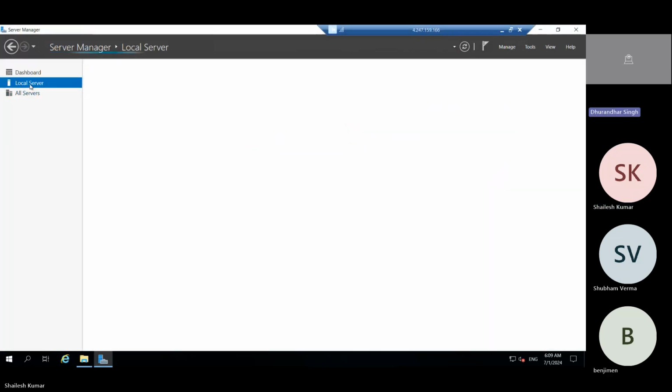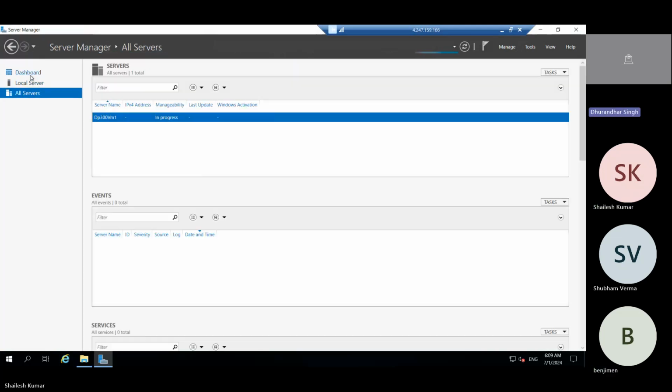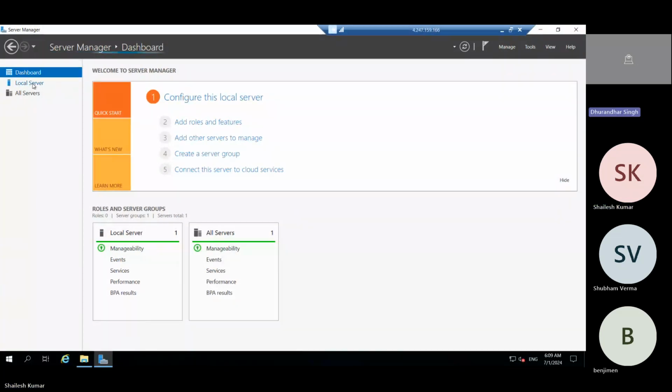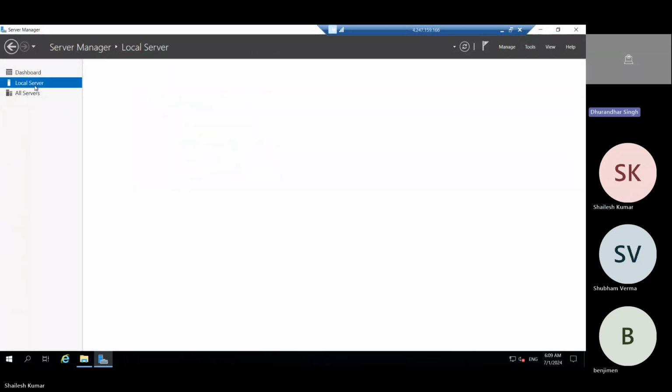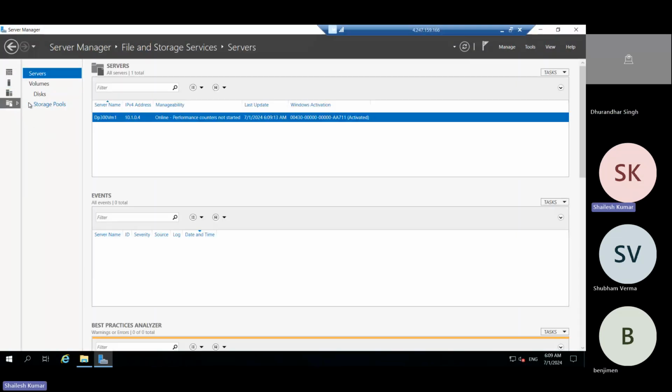Server and dashboard. Where is that storage part? Okay. Now.